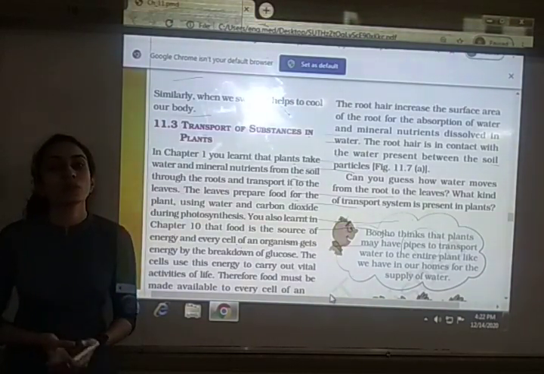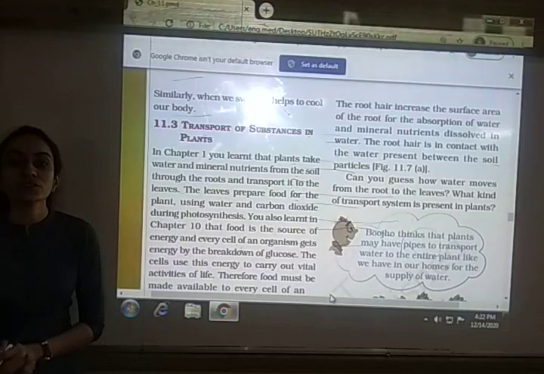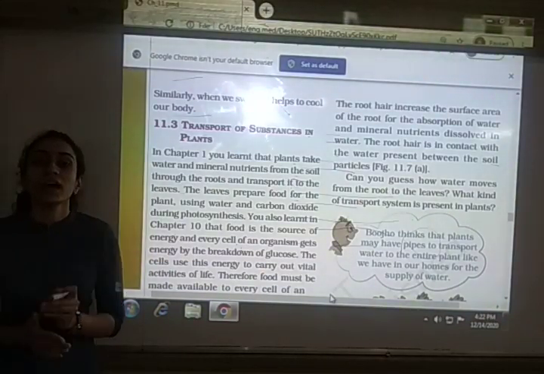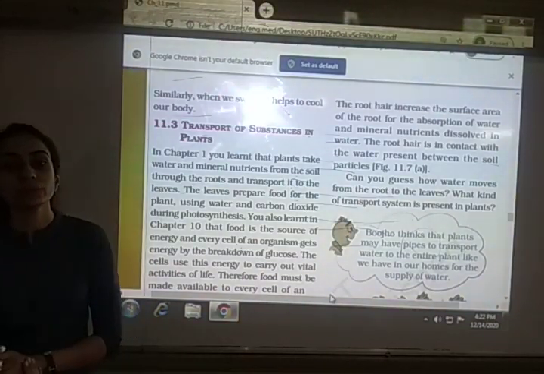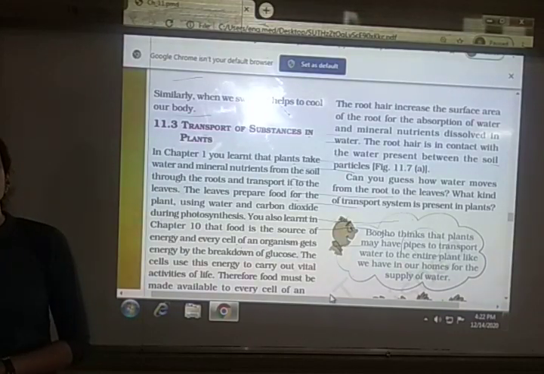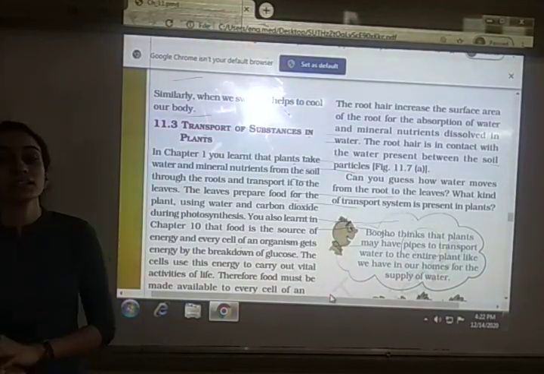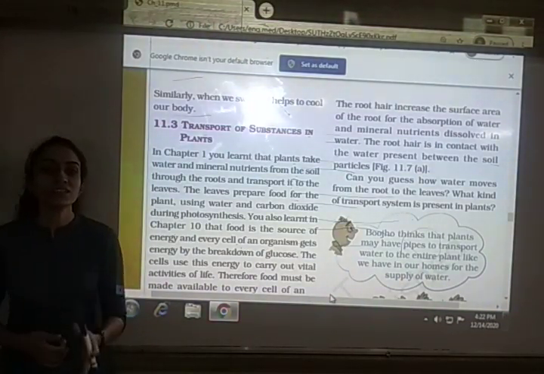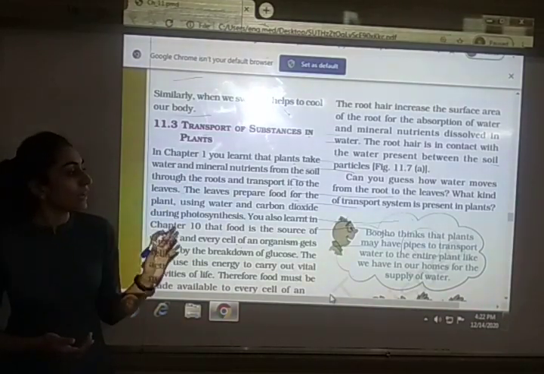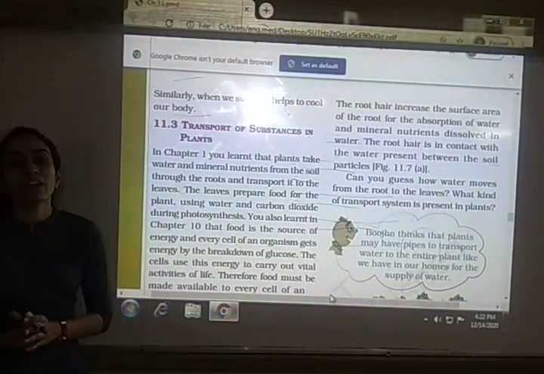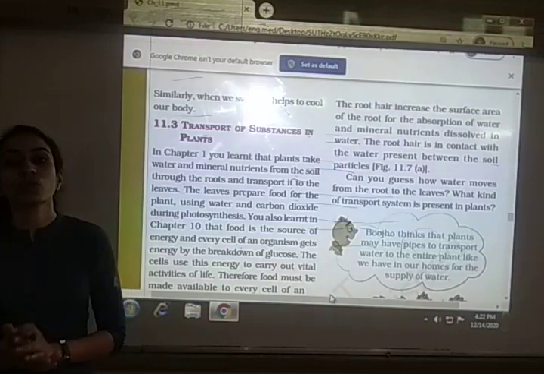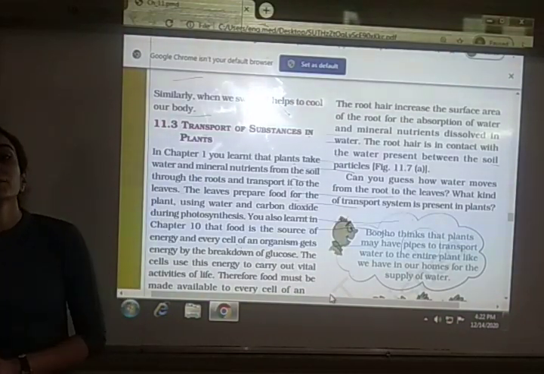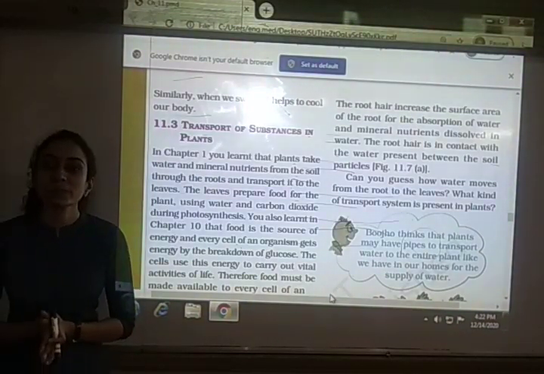Then we had seen about platelets. So what is the function of platelets? We have seen that they are useful for the clotting of the blood, and they stop the blood flow which occurs in our body when getting an injury or cuts. Then after we had seen the vessels through which this blood is flowing from one body part to the other. So that is known as the blood vessels.